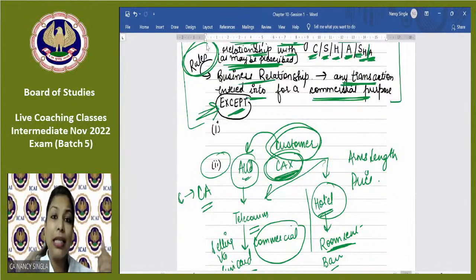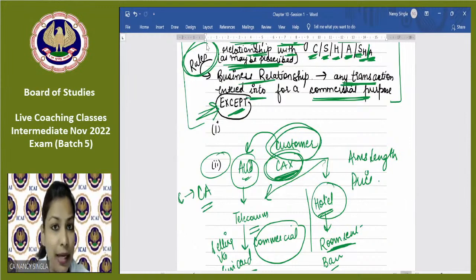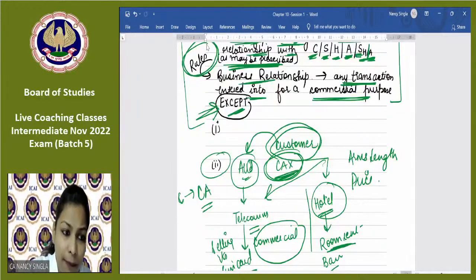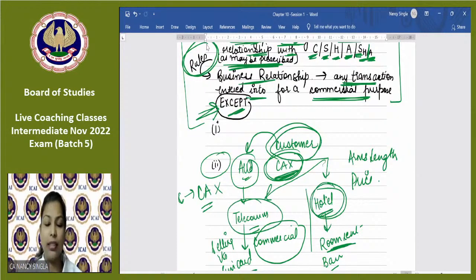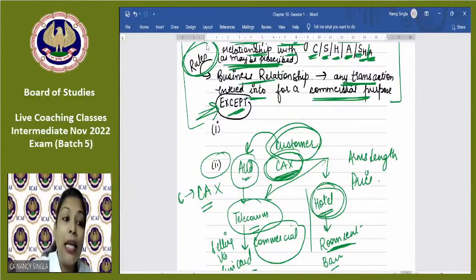तो यहां पर क्या था, that the company is giving certain service or certain product to CAX in our case. ठीक है. A Limited is giving this service. If A Limited is what? Telecom, होटल. ठीक है. तो मतलब अगर मेरा कोई क्लाइंट टेलीकम्युनिकेशन कंपनी है तो उसका सिम कार्ड परचेज कर सकती हूँ. इफ इट इज अ होटल, वहां स्टे कर सकती हूँ. इफ इट इज अ हॉस्पिटल, एडमिट हो सकते हैं. ठीक है. सो इफ सच सिमिलर बिजनेस इज देयर, देन बिजनेस रिलेशनशिप विल नॉट बी कंस्टिट्यूट फॉर द पर्पस ऑफ दिस क्लॉज.